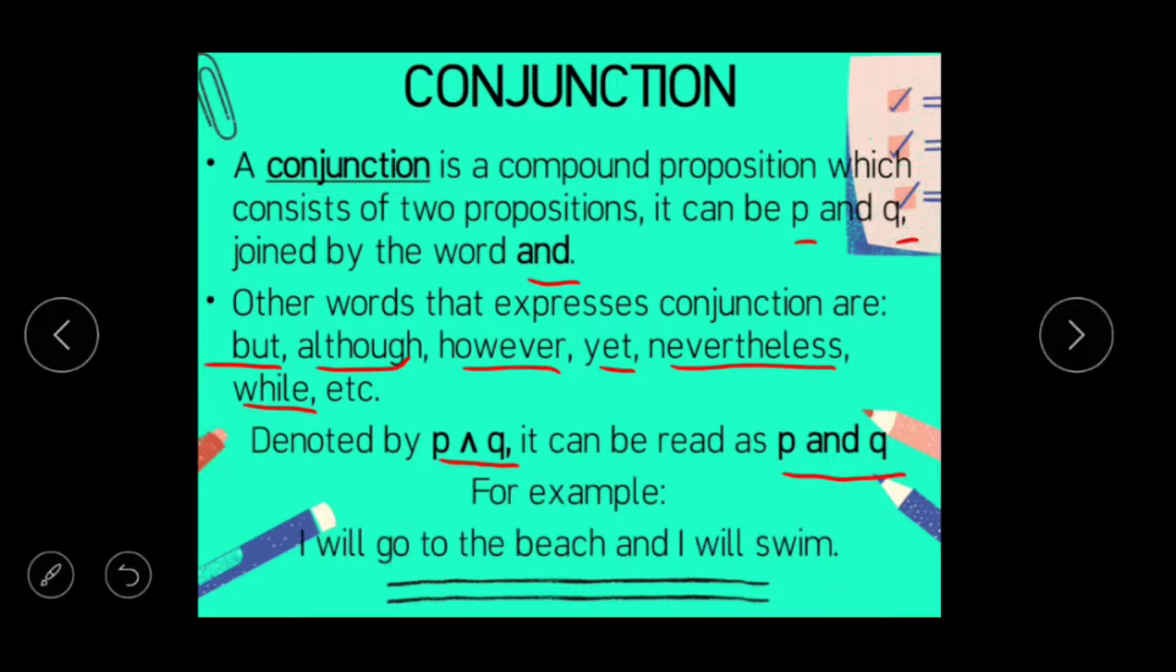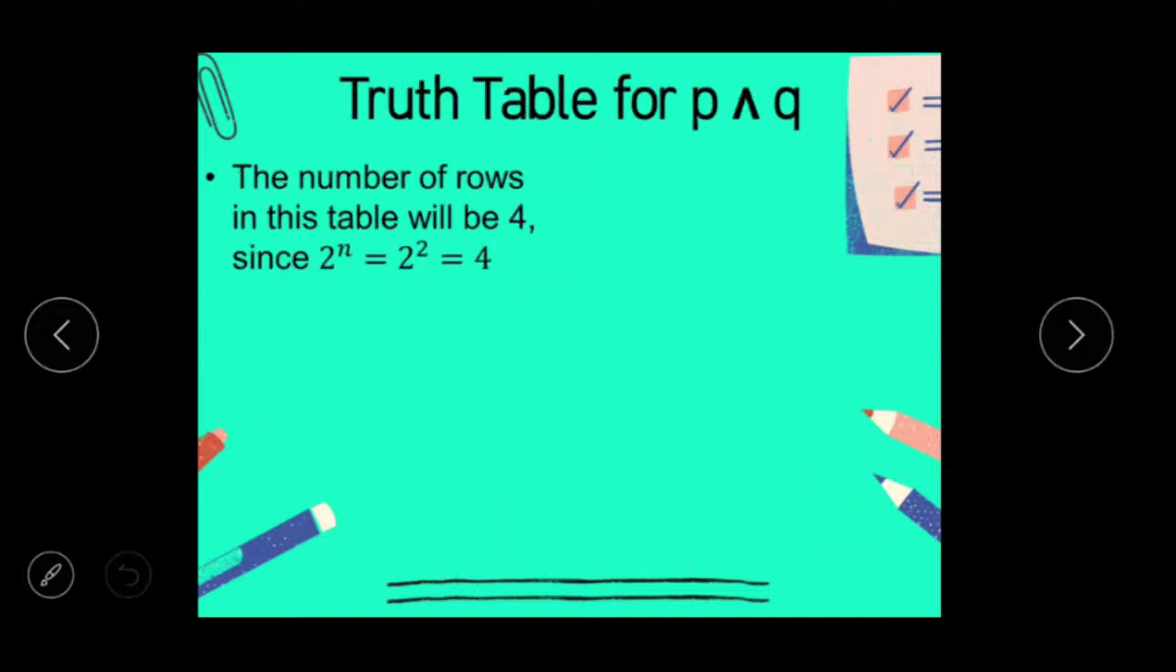For example, I will go to the beach and I will swim. So, ito yung isang single proposition. Ito naman yung pangalawang single proposition. They are joined by the conjunction and. Ayan. So, sa truth table naman ni P and Q,